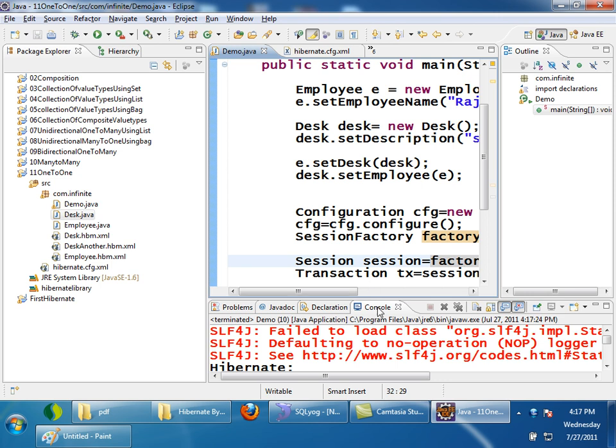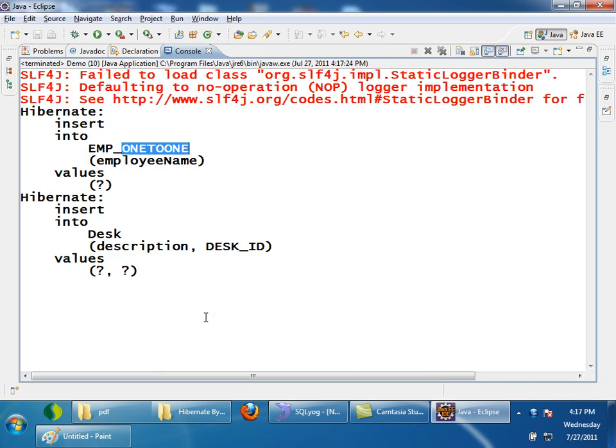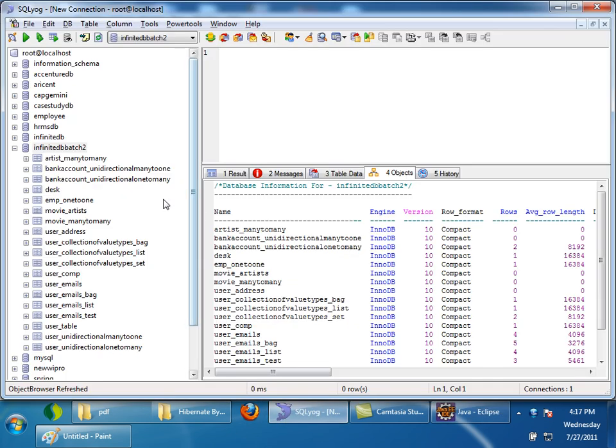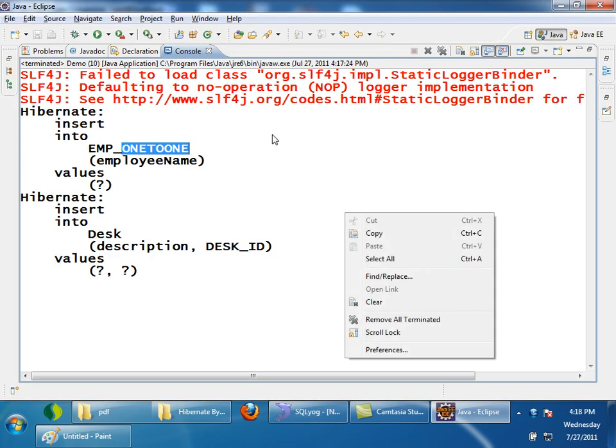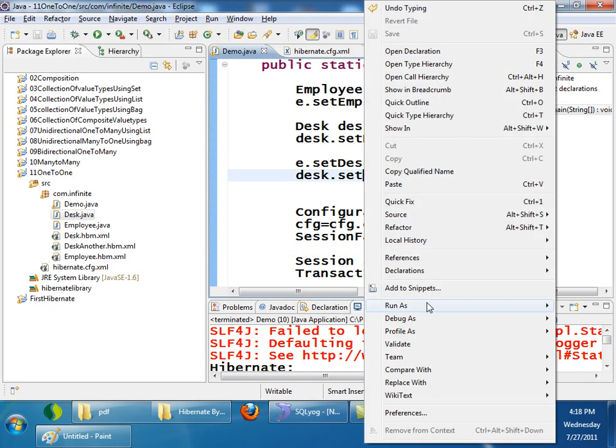Let me check here the tables whether it is inserted or not. EMP underscore 121. How many? EID and employee. Then desk. Desk is having only desk ID now. What is the value of desk ID? From where it is copied? From employee, right? Again, if I run the same program,